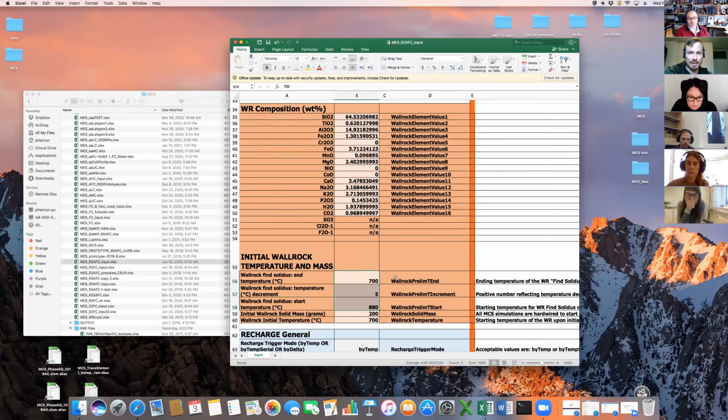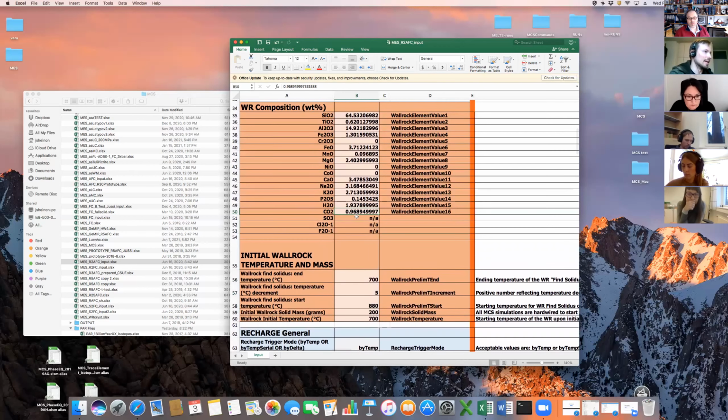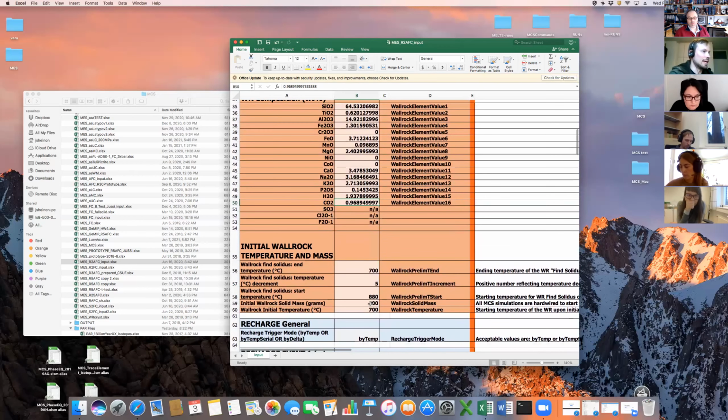I won't explain them more here. But that's the way we approach the melting of the wall rock in MCS. The initial mass of the wall rock here is 200 units. So that's twice the amount of magma that is in the model, because magma is always 100 units in the beginning. So this means that this amount of wall rock will take part in the reactions, and this amount of wall rock is heated during the